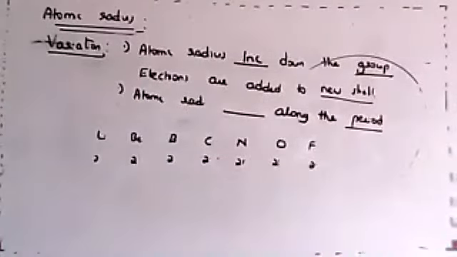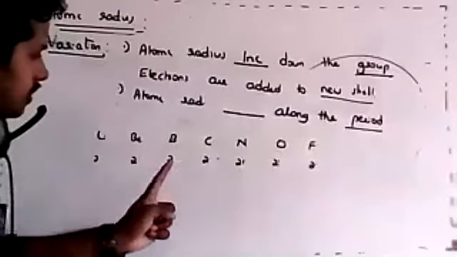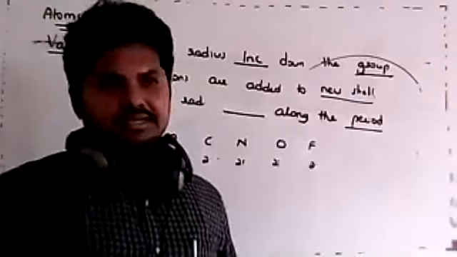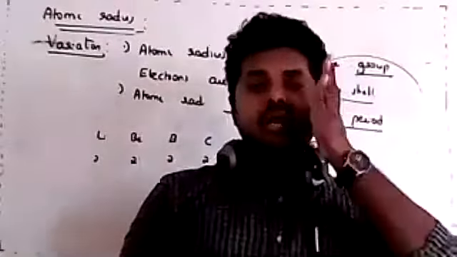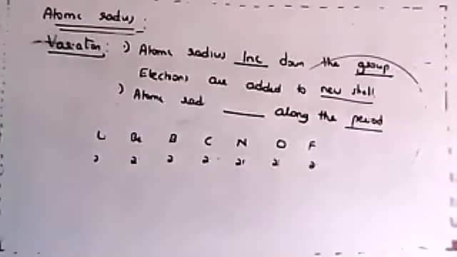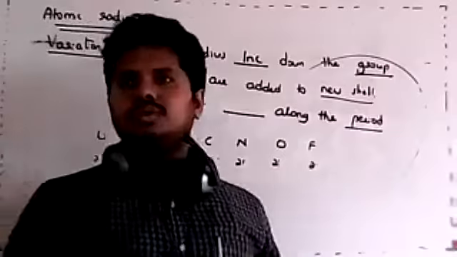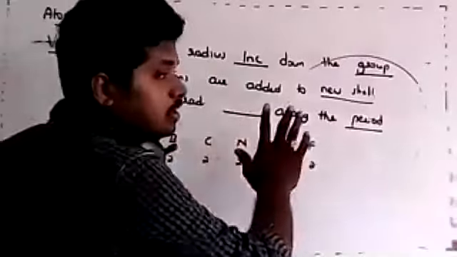Now imagine if I remove all these s1, s2, p1, p2, p3, p4 and p5 and compare where the electron is going. Same shell. If the electron is going to the same shell, size should not increase at all, because electrons are going to the same shell. It is just like if I add a few more passengers to the same bus, will the size of the bus increase? No, it remains the same. So in that case, atomic radius remains the same along the period, right?